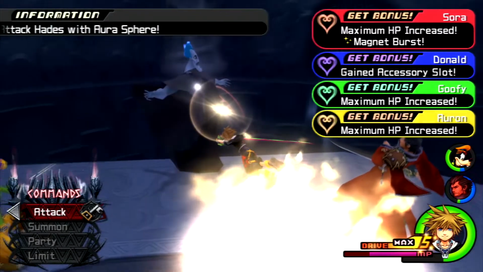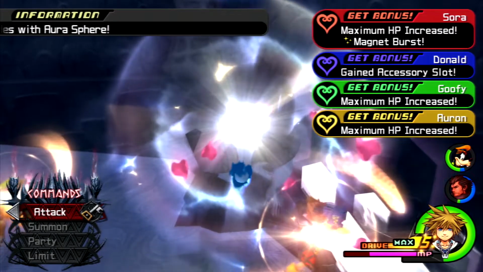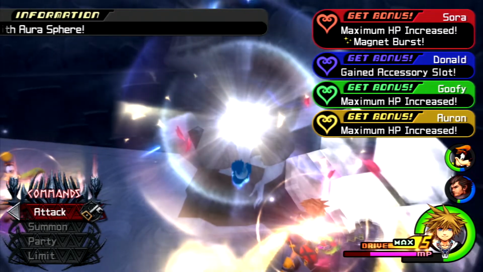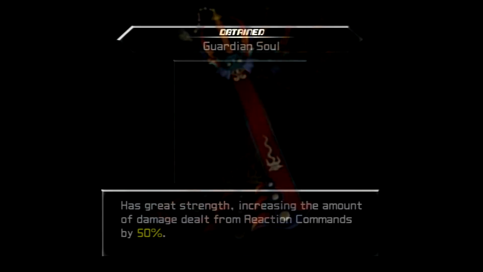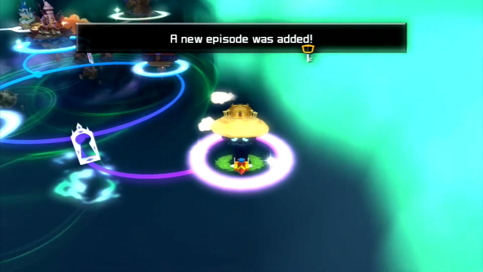For our victory, we acquire an HP boost for Sora, Goofy, and Orin, the Magnet Burst ability for Sora, an accessory slot for Donald, and lastly, the Guardian Soul Keyblade. But we're not quite done yet, because after we complete the second visit of the Olympus Coliseum, a new episode is added, and it's...